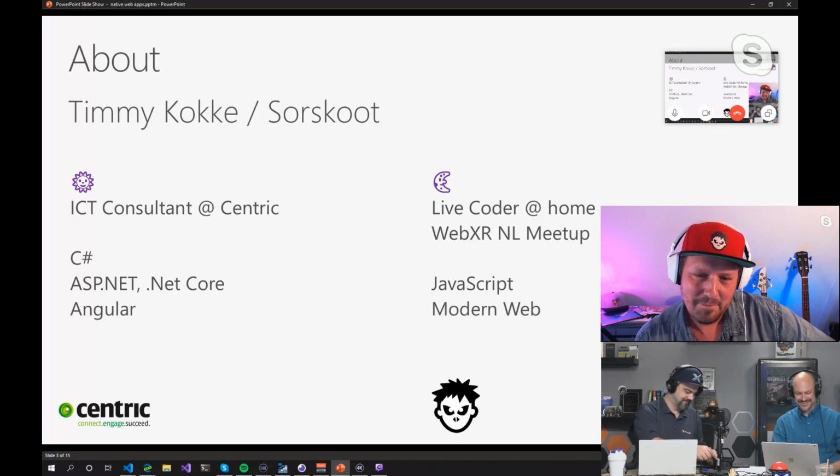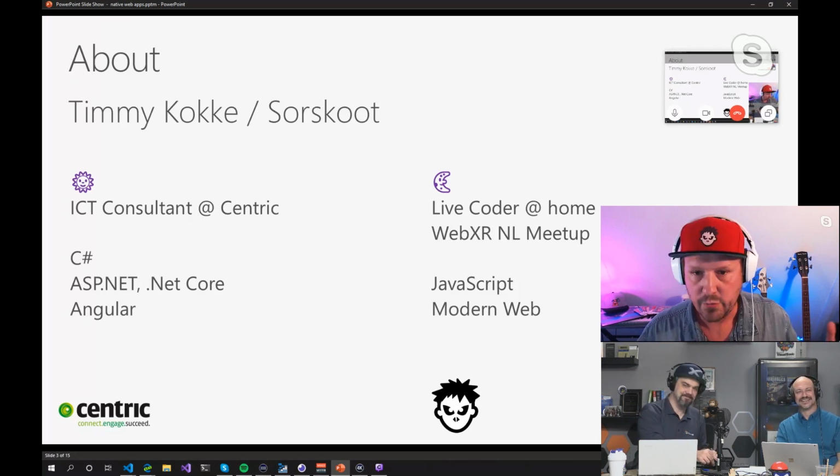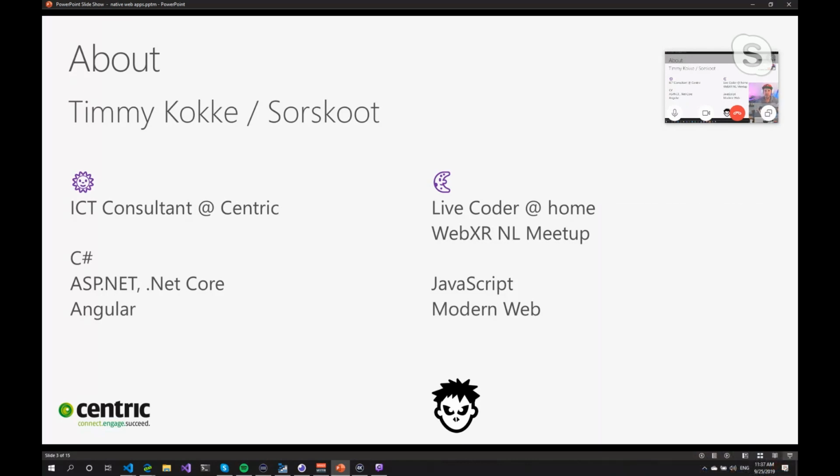All right. Yeah, and during my streams and outside of work, I'm always busy with JavaScript and the modern web. Just the most cutting edge web APIs I'm using, and we're going to use one of them today as well. And besides all the work and code, I have also a family with 3 daughters.